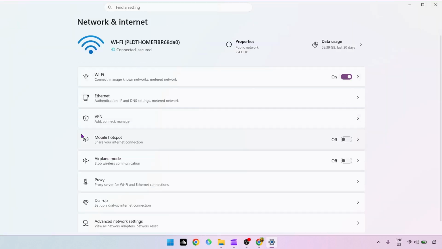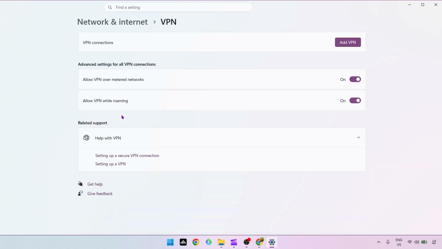And once done, look for mobile hotspot. And here, just toggle this setting on. And with your VPN already active or connected, from there, all you have to do is click on your VPN